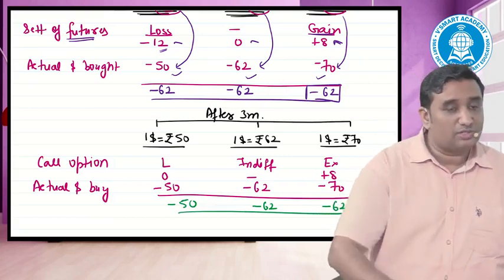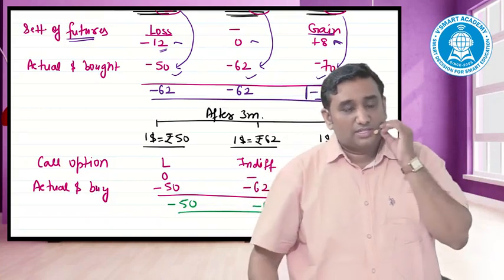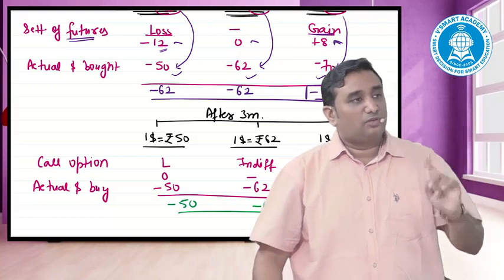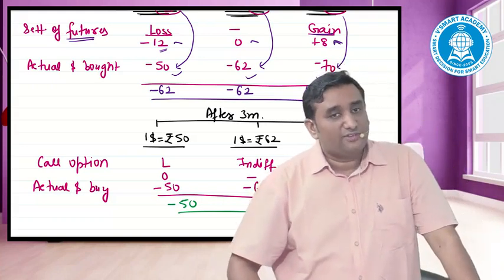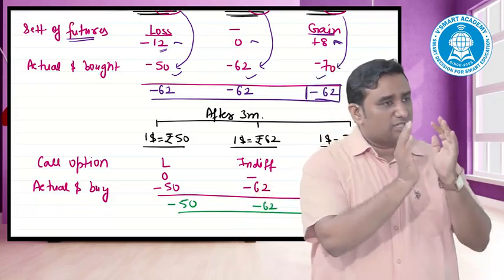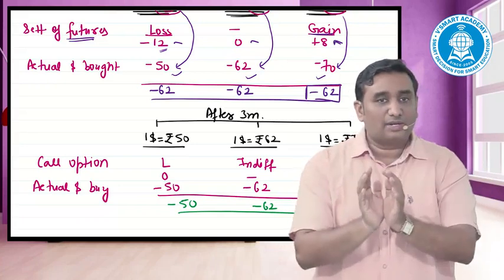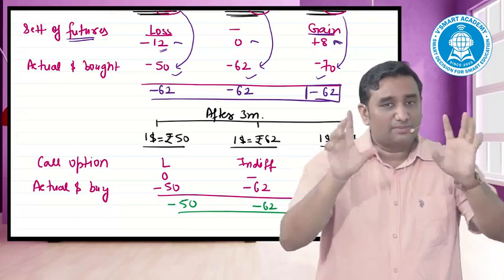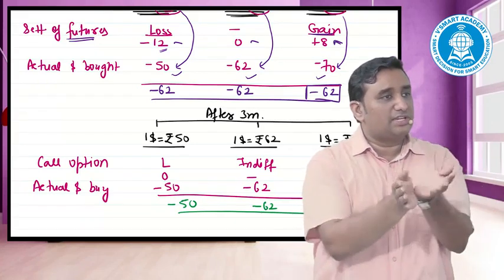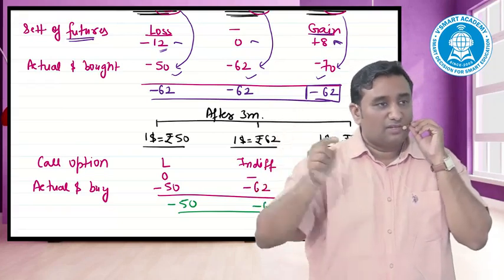I am able to enjoy the lower side. Whereas in the futures, my maximum cost was frozen at what? 62. Understand the wordings now. How would I have read it? The importer wanted to buy, and he wanted to buy, that means F plus on the dollar or C plus on the dollar, any one of them. Whatever rate the futures market and option market give them becomes their maximum rate. In the future, upside and downside both make sure his rate is frozen at 62. In the option market, his maximum is frozen, the lower is not.